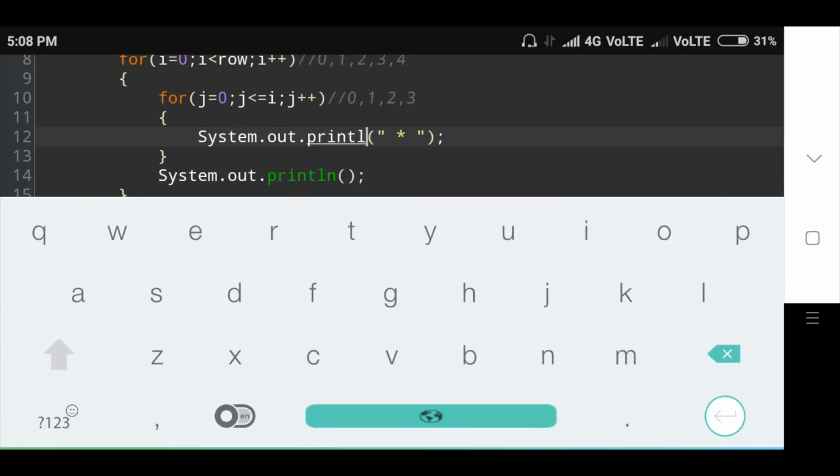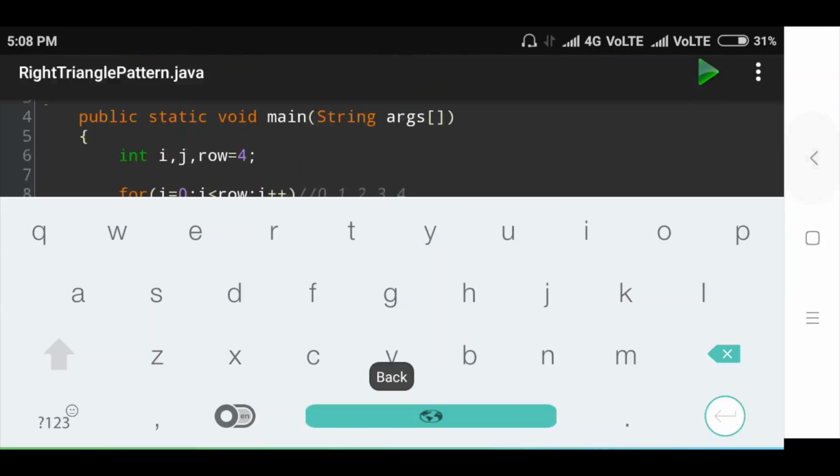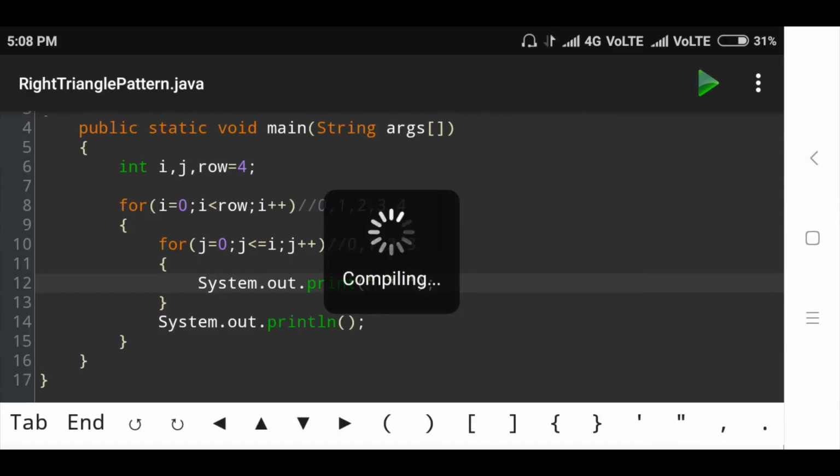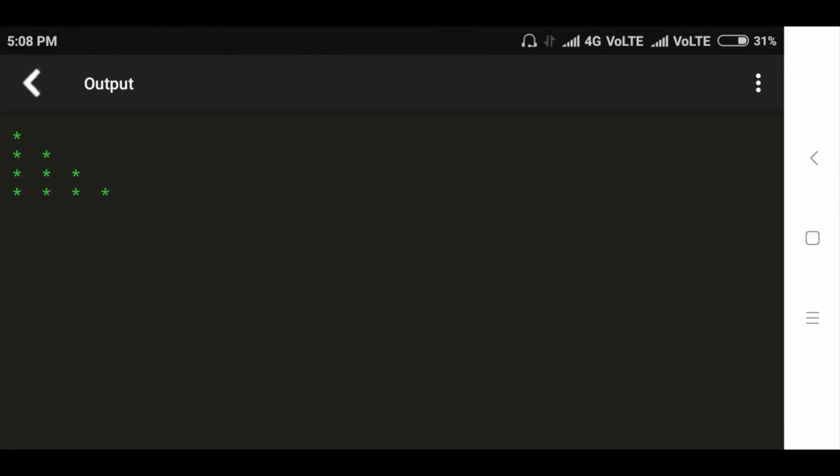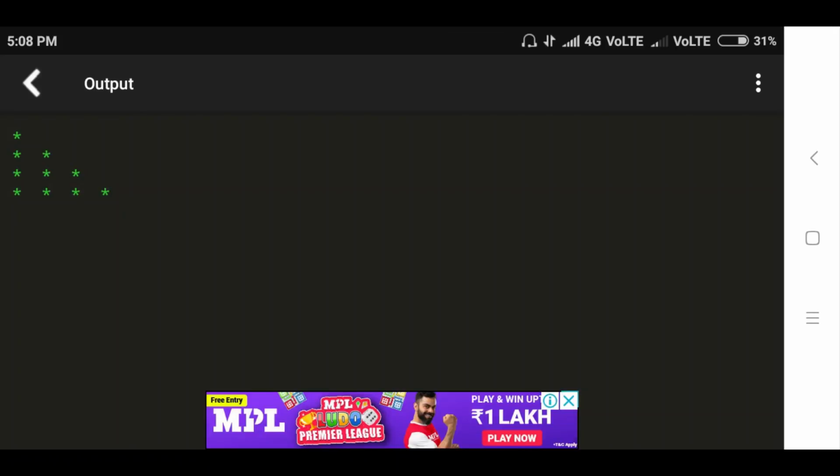Now let's run the program and check what the output will be. Now see here, the star pattern is printed, the right triangle pattern is printed.